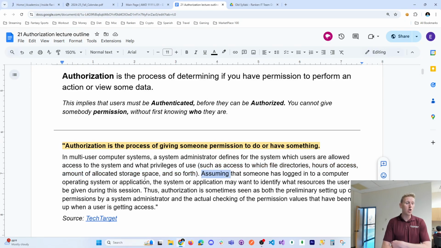Assuming that someone has logged into a computer operating system, so again, you're authenticating first. The system application may want to identify what resources the user can be given during the session. Thus, authorization is sometimes seen as both the preliminary setting up of permissions by a system admin and the actual checking of permission values that have been set up when a user is getting access. And so the normal workflow,